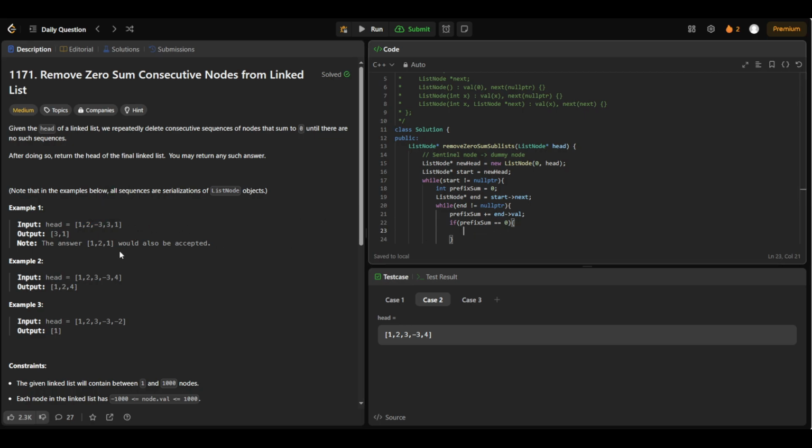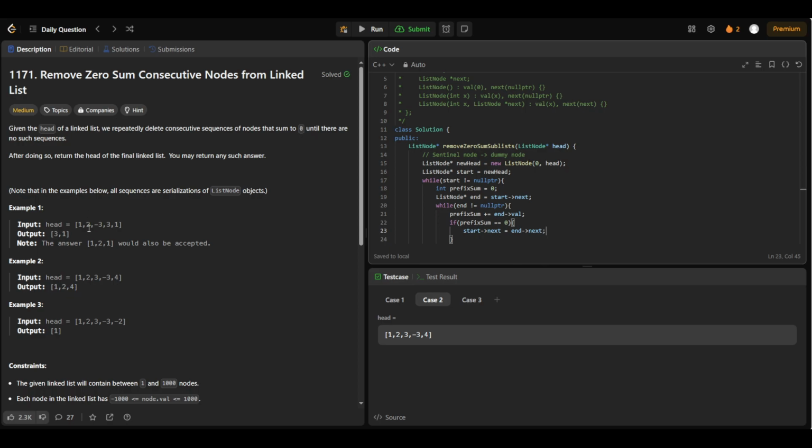So for delete, there is this operation. For example, if the start is at 2, we'll know that start is 2 and end is -3. What we need to do is now join 2 with 4. So the only way to do it is we need to point the start's next node to the end's next node. So that's going to be the new connection, right? Start dot next is end dot next, right? So once we arrive at this position at 2, just think of 2 being the start pointer,